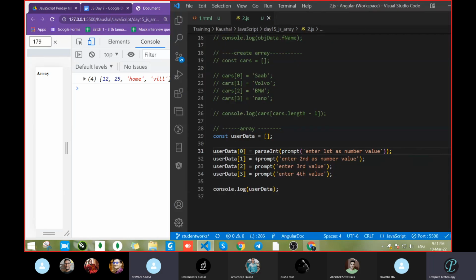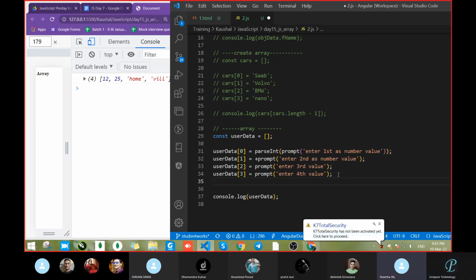Sir, if we want to put color, then you have to pass that from the HTML page.